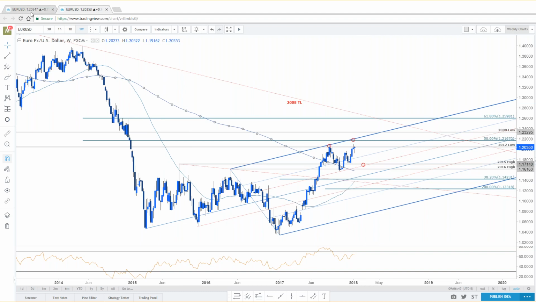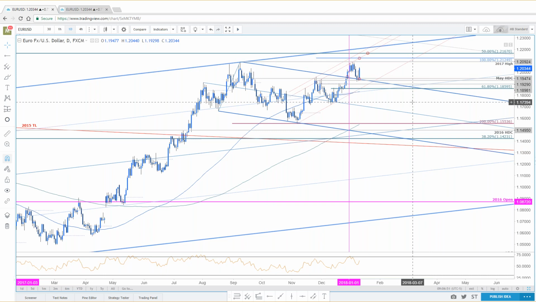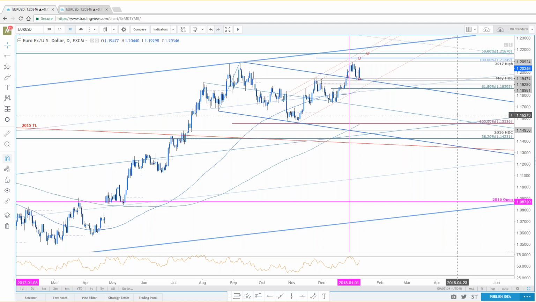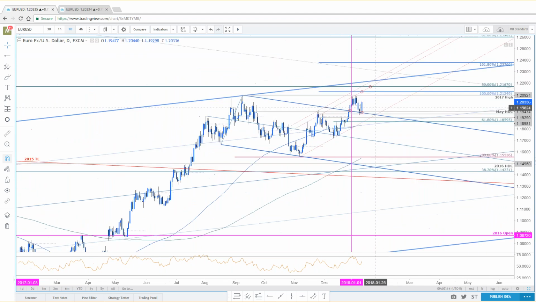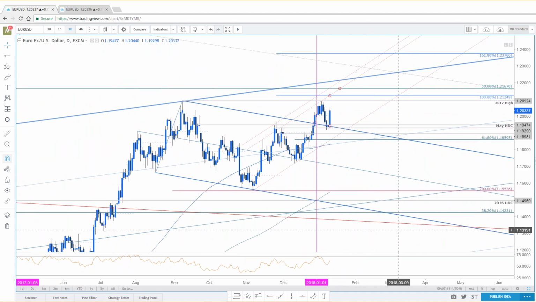Here's euro dollar on the daily chart. Near-term descending formation that we've been following off the highs from back in August and September. Median line parallel resistance, breach, support, right? So at this point, you have the monthly opening range at 119.30 into 120.29. Very, very well defined. Near-term chart looks like this.